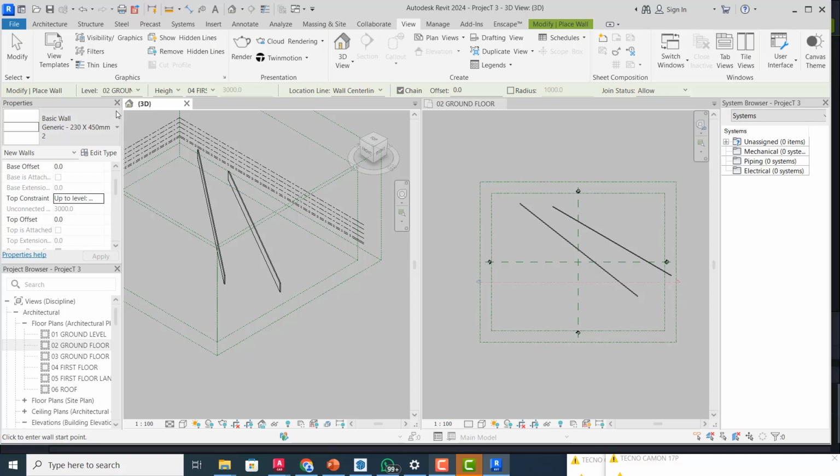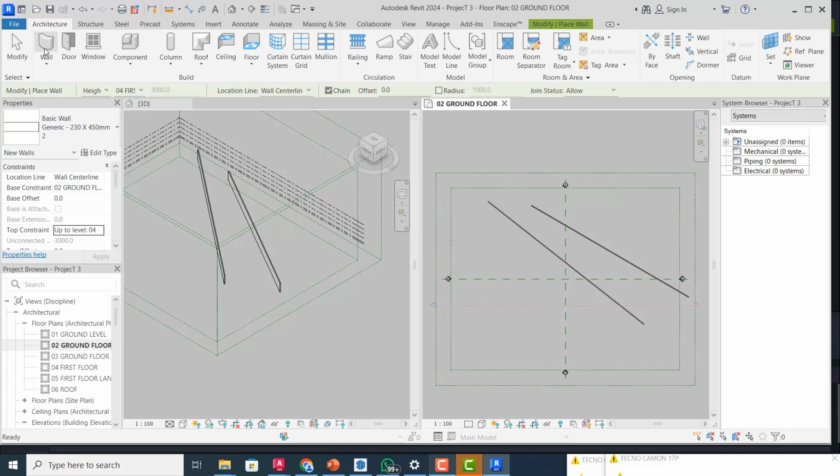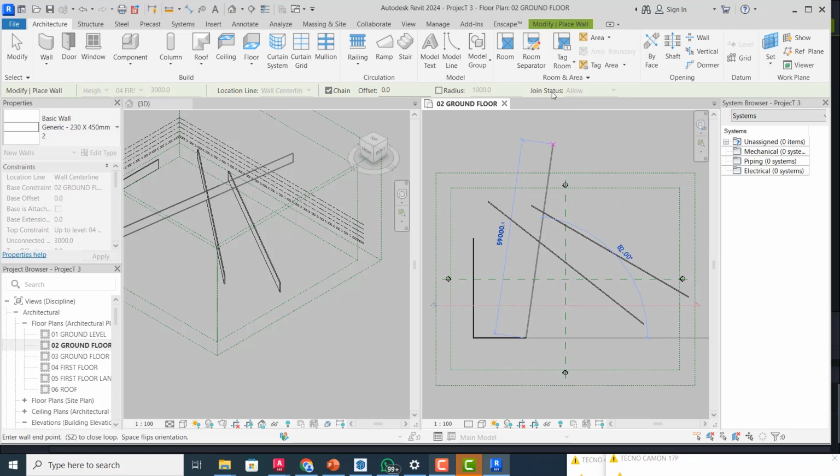Okay, so these are the basic settings that you will do using your wall, although there are some other settings that are very important to actually take note of. But let's see if we can cover some of these basic settings that you will want to achieve in your wall. So if I click on wall, now if I draw this,